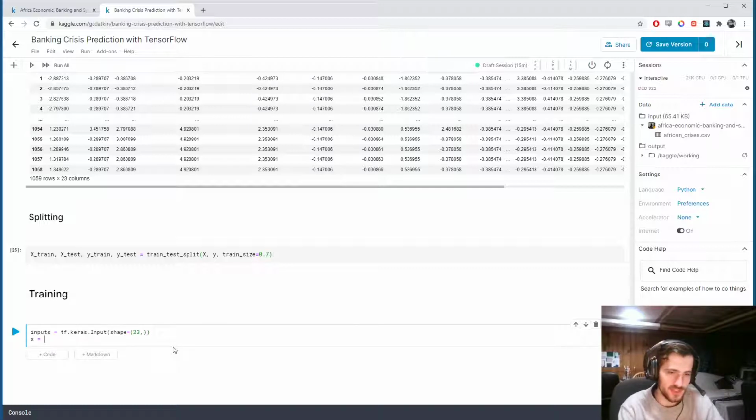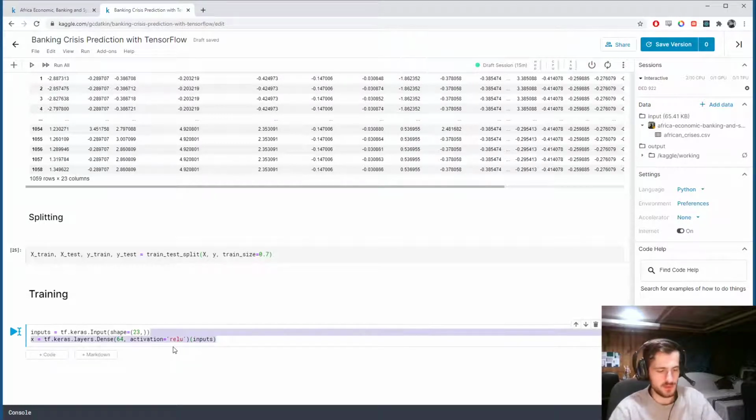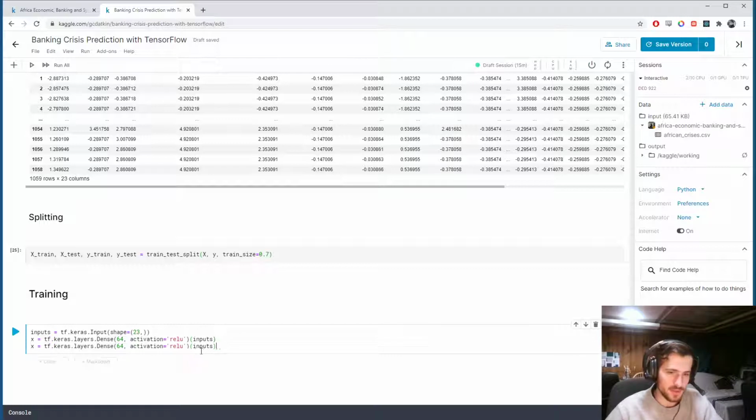Alright, then our first hidden layer will be tf.keras.layers.Dense, so a fully connected or dense layer, with 64 activations, and we'll give it an activation function of ReLU, and we'll pass in inputs. And I'm just going to have a copy of that, except here I'll pass in x. So two of the same, and then the output layer,